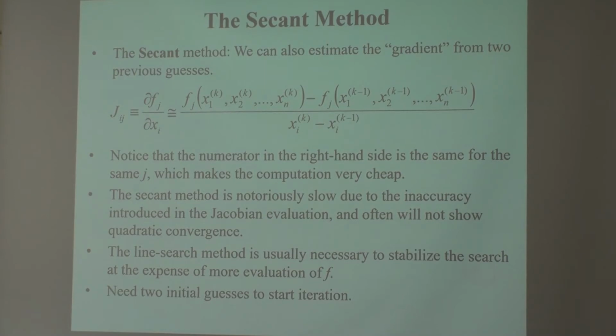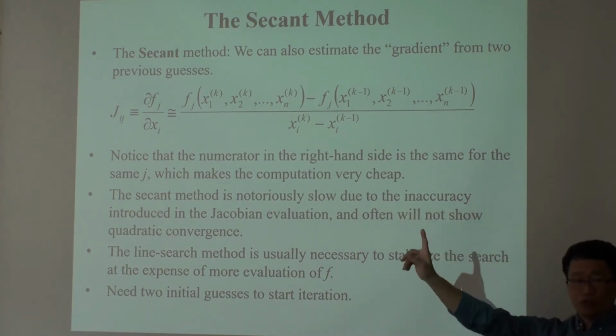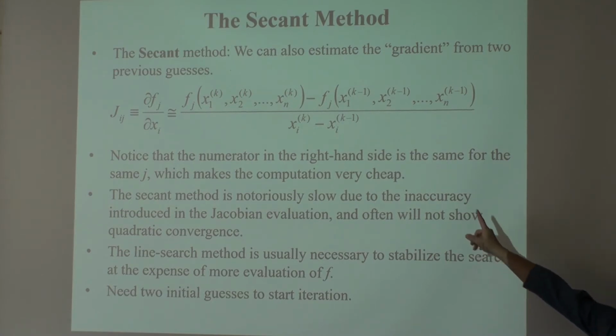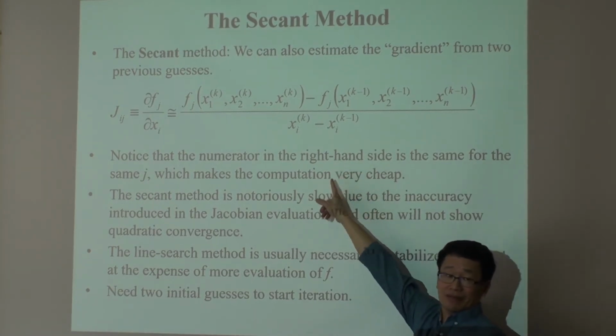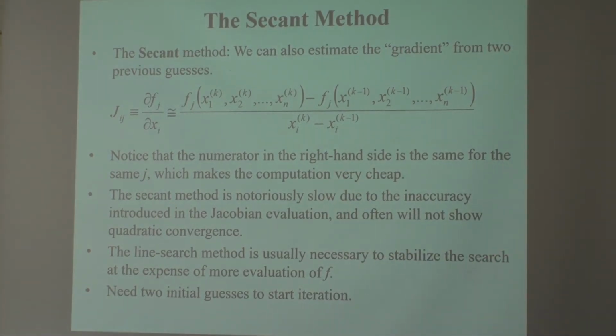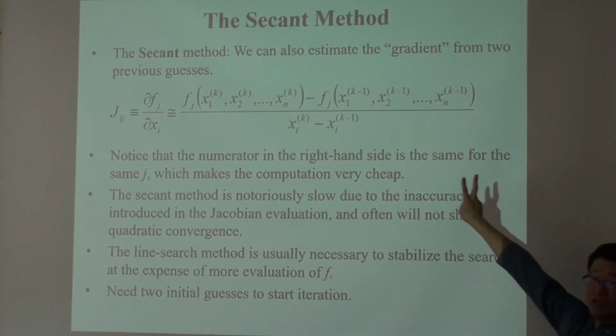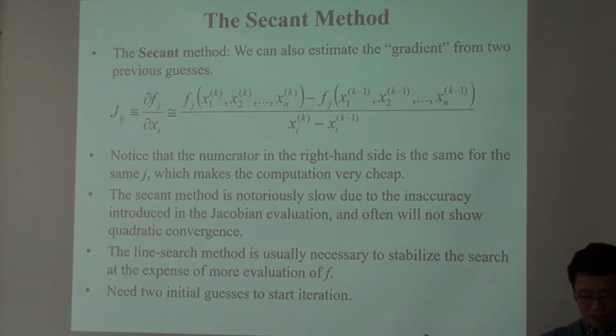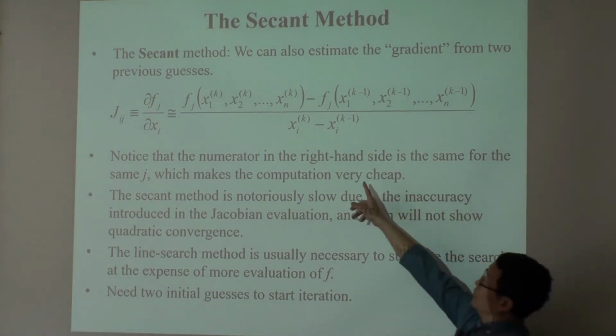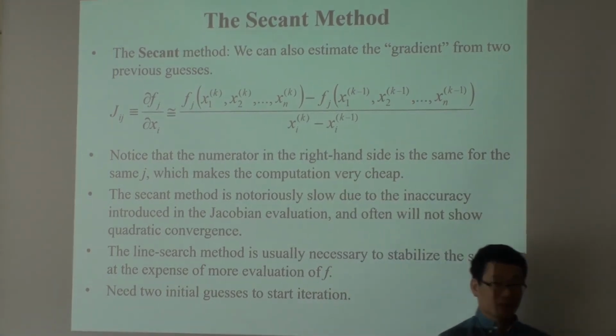Formulating the Jacobian is too large to even evaluate numerically. It's not possible. So this is the method: let me use the difference of my two solutions, two guesses, divided by the difference in that step. I use that as a slope. So this takes two initial guesses. I need to know the first step and the second step, and I use the first and second step and the two guesses I have to evaluate my slope.